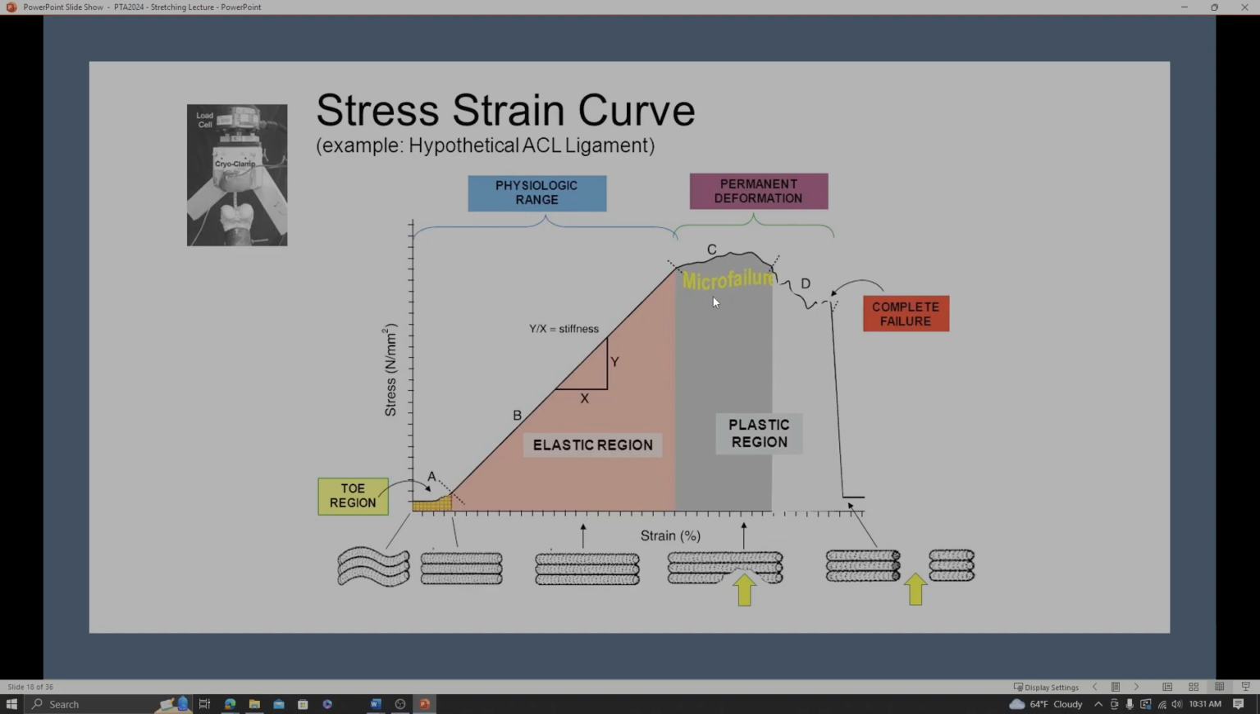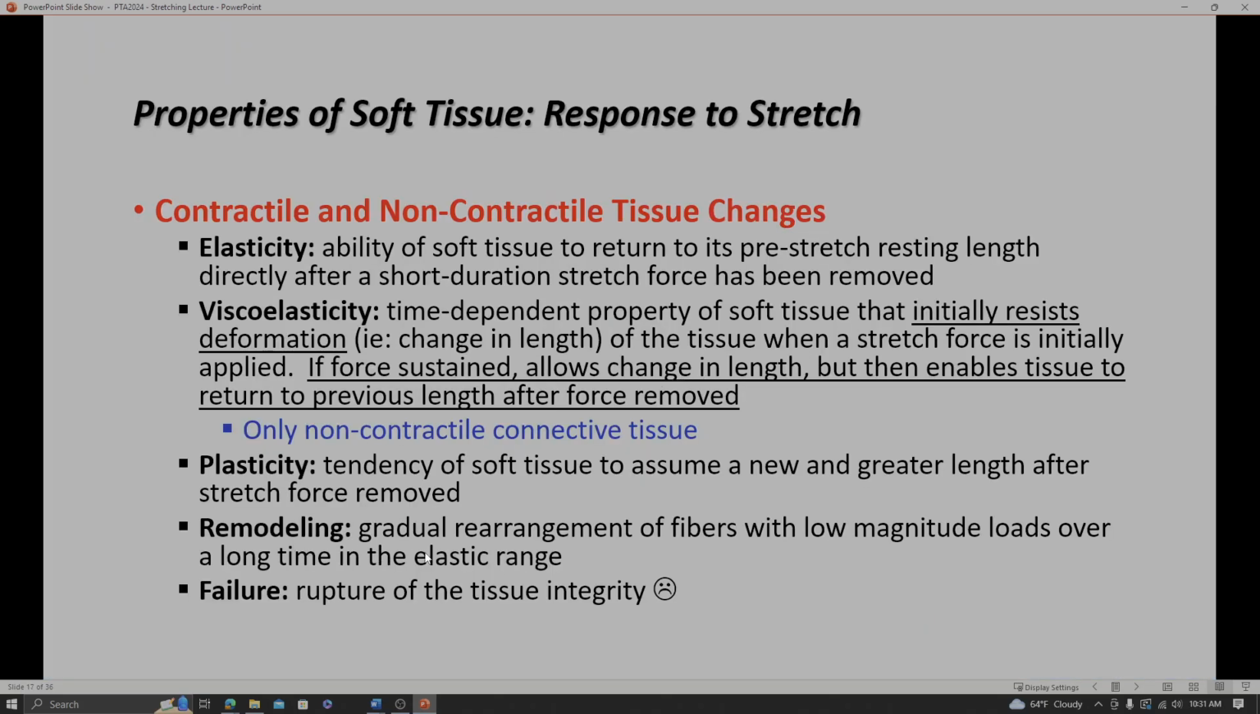It's the microfailure that's going to contribute to the permanent deformation, which sounds bad, but as long as you're here, it's actually a good thing. Permanent deformation of that particular tissue, this ligament, right, which will help to lengthen the ligament over time. And so we're going to get a certain amount of remodeling that's going to happen. We're going to have a certain amount of